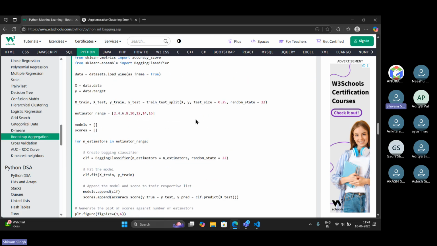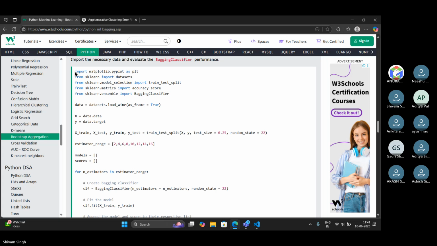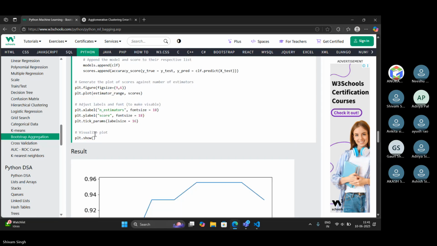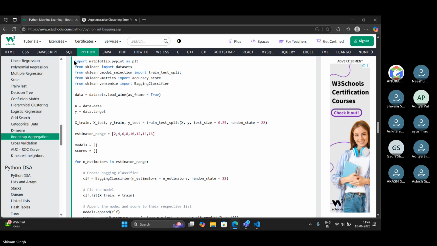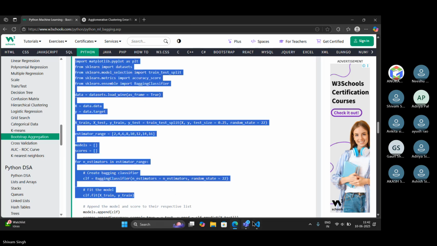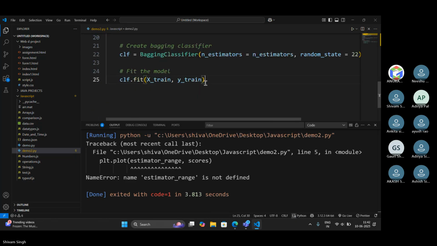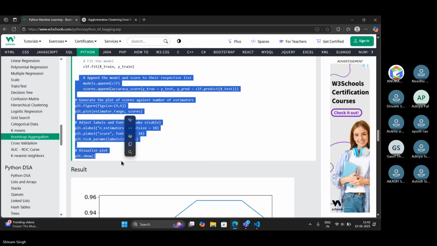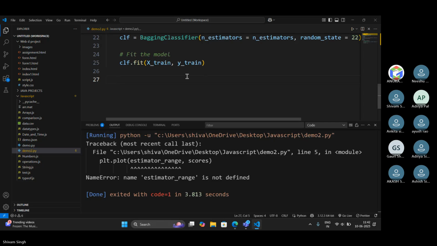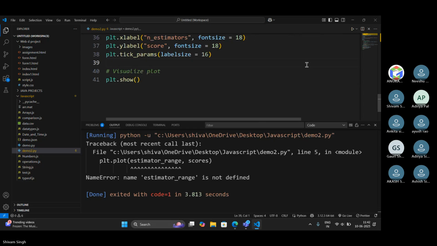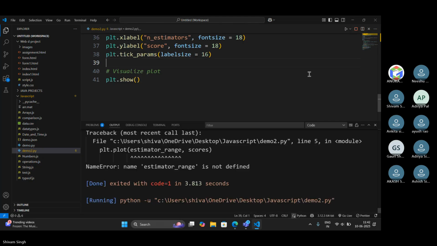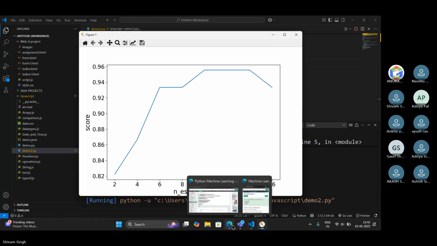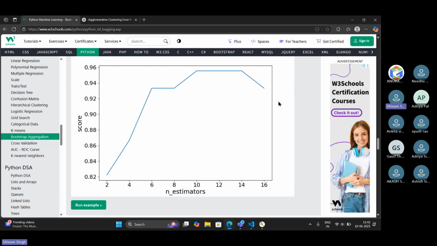So let's just copy it. So here we get our output. Here also we can see the result.